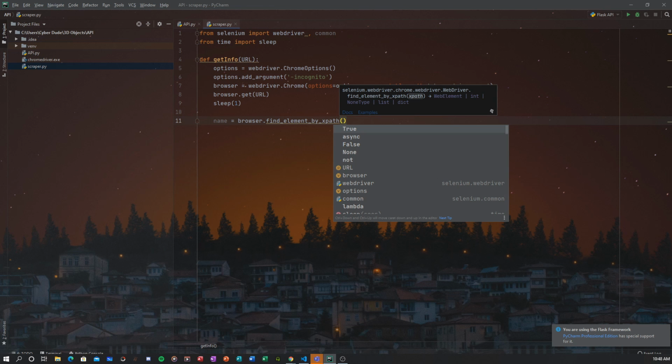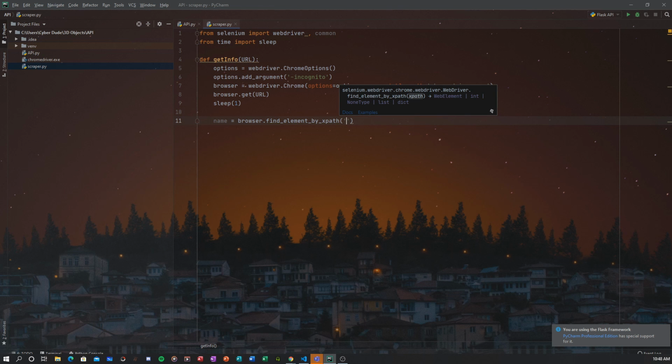So we select it by XPath and pass in the product title XPath we just copied. Make sure to always use single quotes to pass this in, because this string actually contains double quotes.